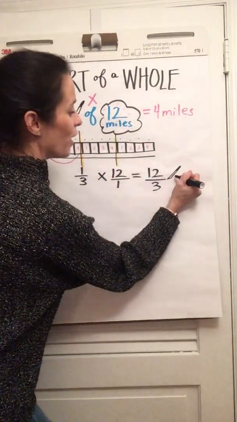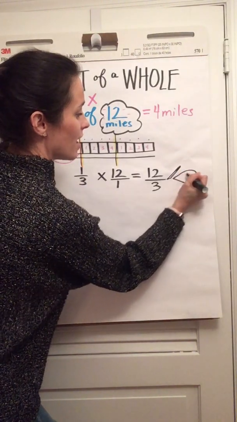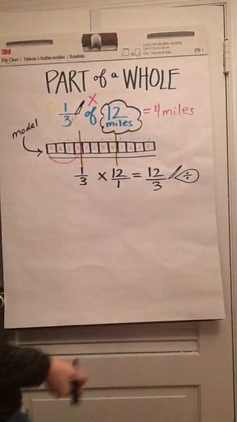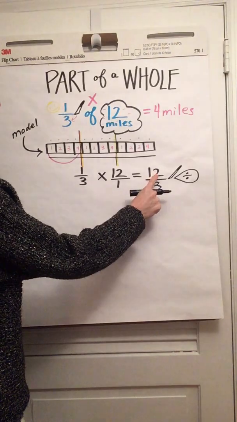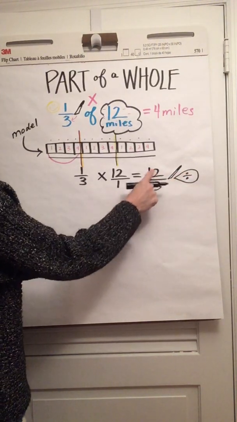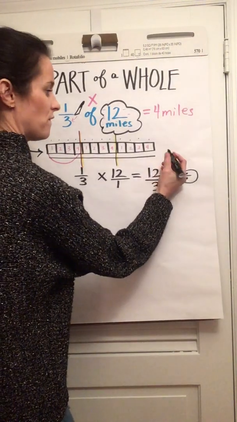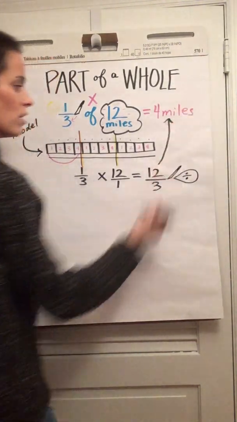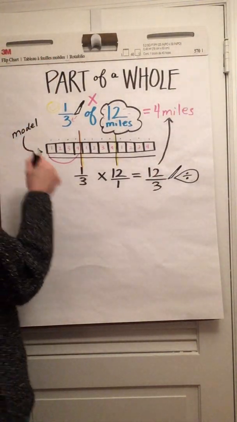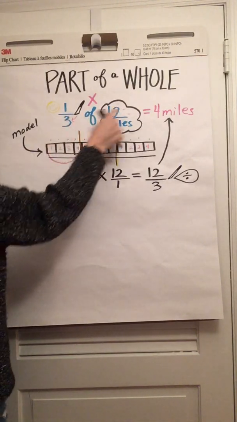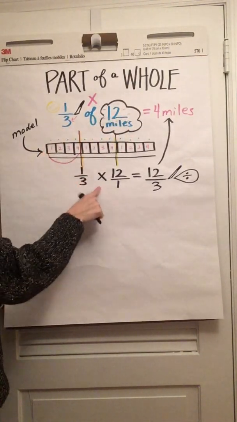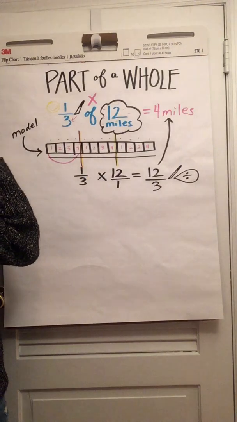12/3. Or another way we've read this as a division symbol. So 12 divided by 3. And what do you get when you do 12 divided by 3? You get 4. Okay, so we solved 1/3 of 12 with a model, but now we're also solving it with multiplication, which is